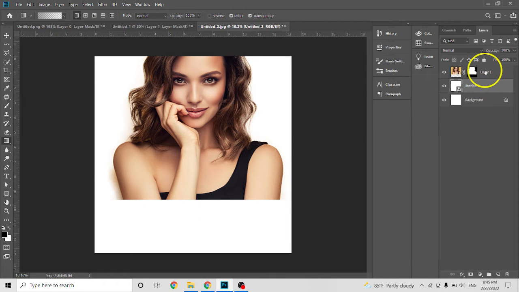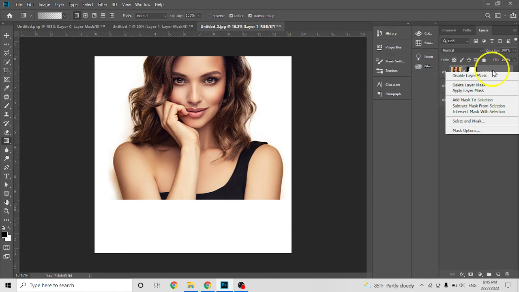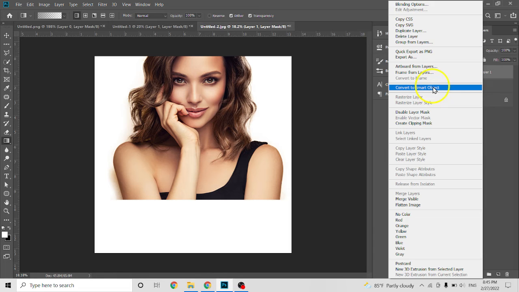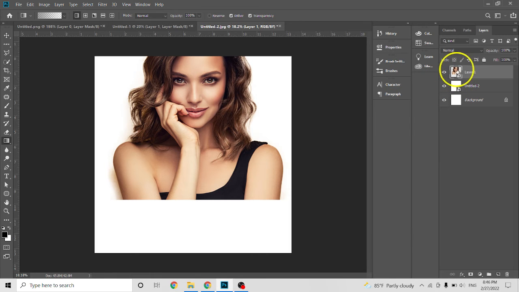Oh, and then I'm sorry. Convert this to smart object. Convert it to smart object. Yeah. And then click this add mask,